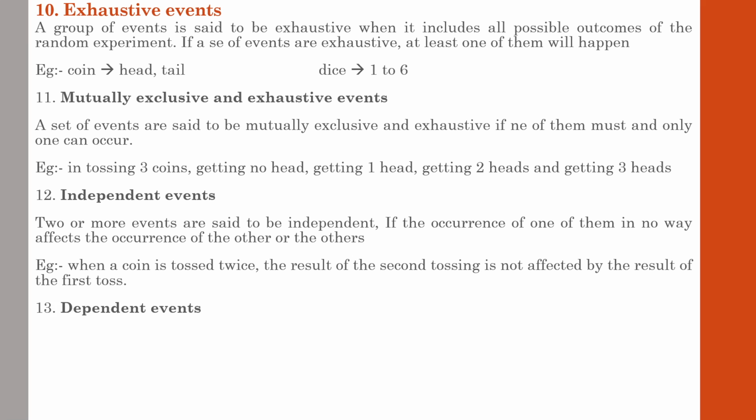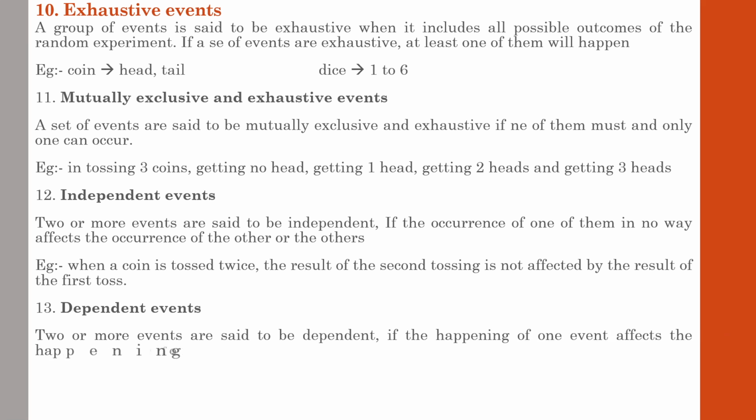Whereas dependent events means 2 or more events are said to be dependent if the happening of one of them affects the happening of the other. In case of dependent events, the chance of one event depends on the happening of the other event. That is the concept. Just the opposite of the independent event, one event has an effect on the occurrence of the other event. Actually, you will get a clear picture while discussing the same in the case of a practical exam. Anyway, we will discuss the example.